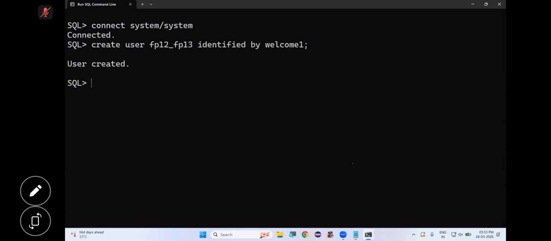Not artificial intelligence. Are you following or not? Auto increment concept is there in MySQL. Sequence concept is there in Oracle. So if you want to use sequence, we need to give a privilege called create sequence